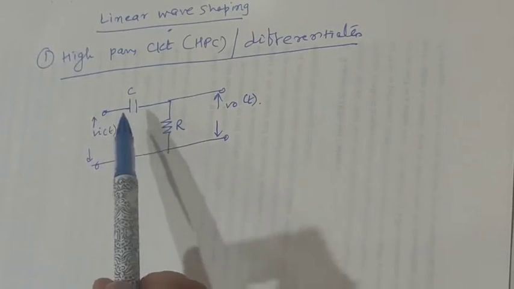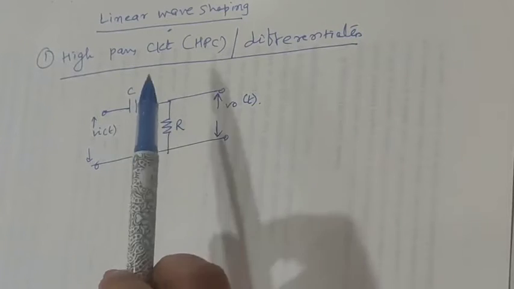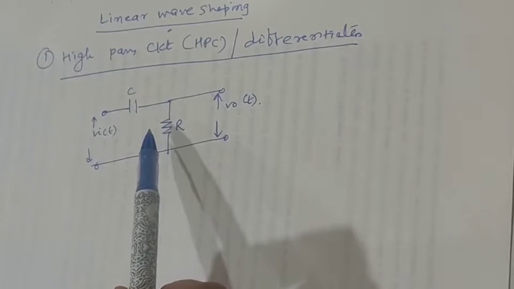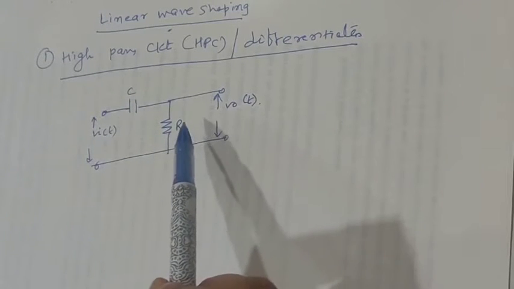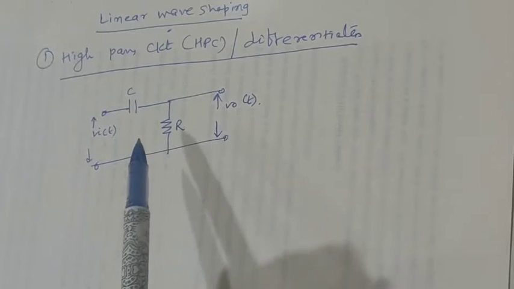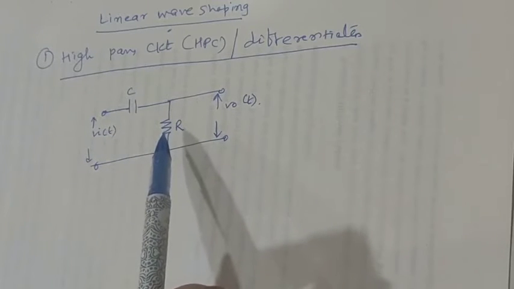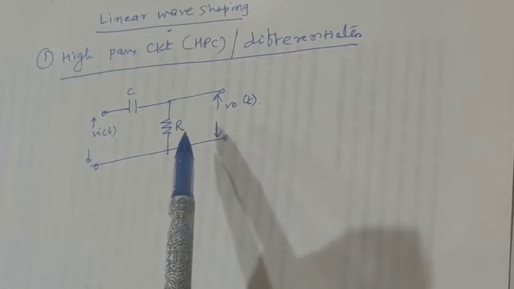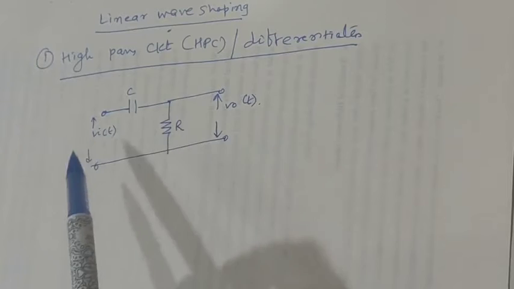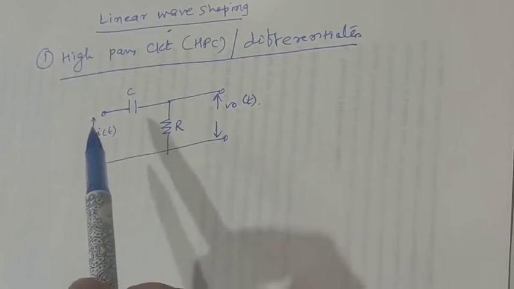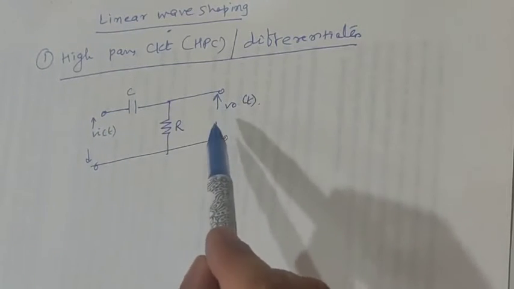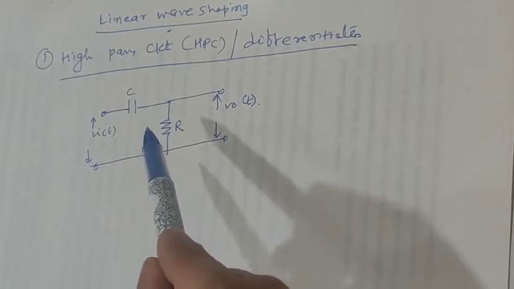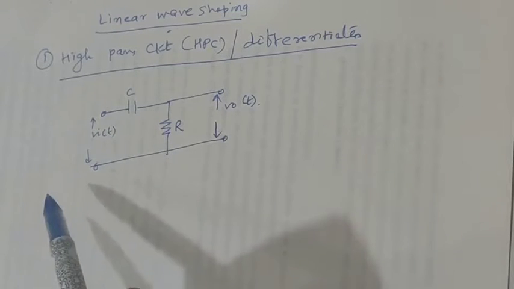And then these two components, which are called passive components or linear components, will be altering the waveforms, and therefore we will be getting the output across the resistance R. So this is a very simple circuit. Now in many electronic circuits, to couple the high frequency signal to the other stage, a high pass circuit is used. If you want to couple a high frequency, you will block the lower frequency components and pass the higher frequencies, and this is called a coupler. So this particular circuit acts as a high pass coupler which will couple the higher frequency to the other side.